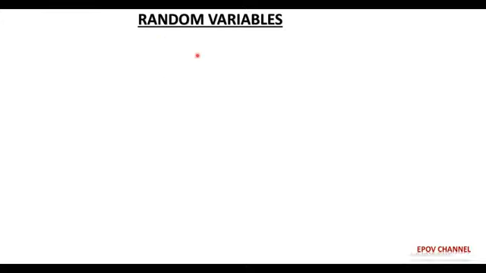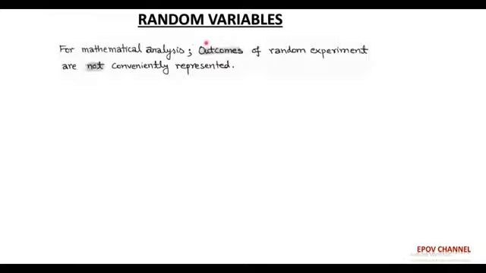Now, after discussing the concept of probability and the relationship with sample space and events, we move to the next topic, that is called random variables. As we have already discussed, the random signals are non-deterministic signals, and the experiments based on these random signals are called random experiments. So the outcomes of these random experiments are also not represented mathematically for our analysis.